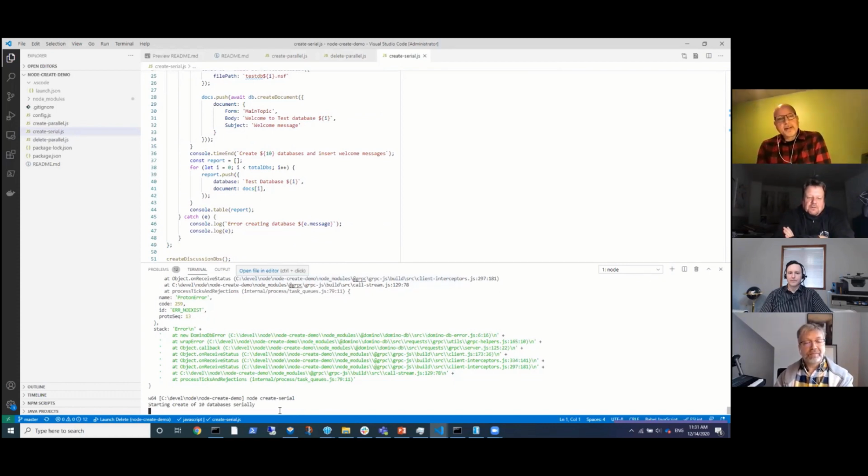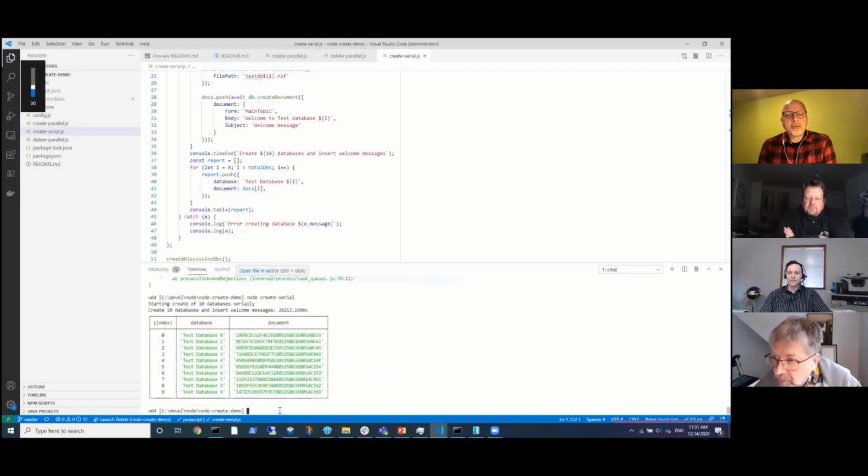But that's also the reason for all the bulk operations that we have in the API, right? So you do as much as you can in parallel to speed up proceeding, right? Right. So here you can see this took 26 seconds